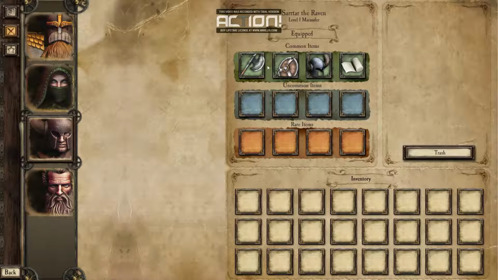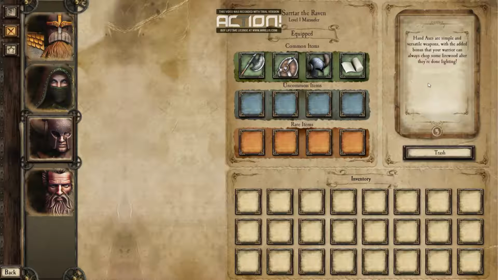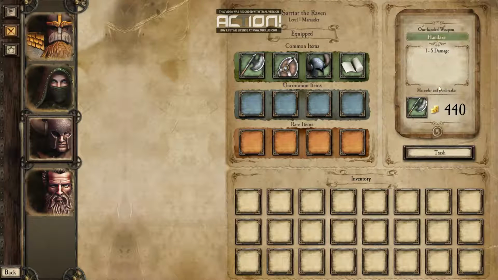Alright. So Gotrek can use this axe as well, but I'm going to leave him with the 2-handed, I believe. And then him, as much as I can, with a 1-handed and shield. It's just to give him a little bit more protection for his lower toughness. Hand axes are simple and versatile weapons with the added bonus that your warrior can always chop some firewood after they're done adventuring. That's true. Always gotta have that. Well, I mean, he can chop wood as well with his axe, but...